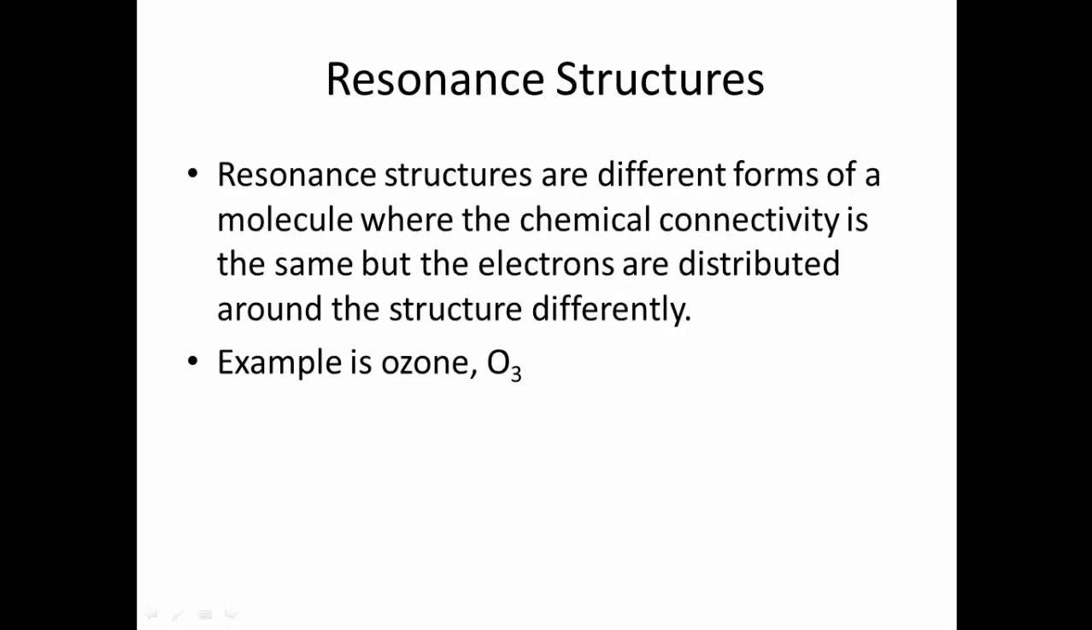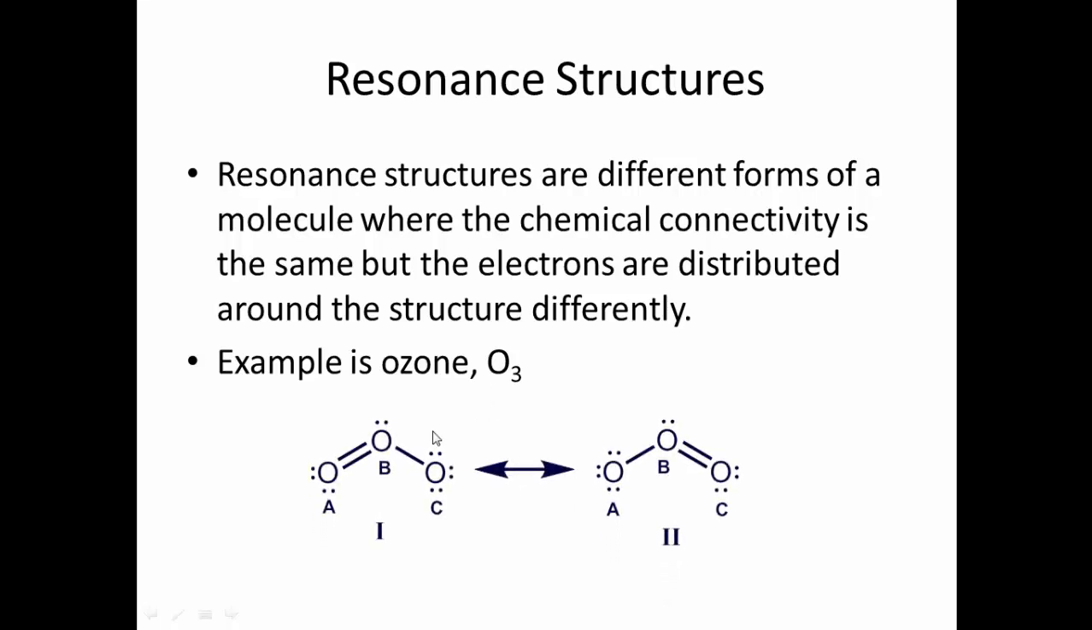An important aspect of Lewis dot structures are resonance structures. Resonance structures are simply different forms of a molecule where the chemical connectivity is the same, but the electrons are distributed around the structure differently. An example is ozone. So ozone is O3, and this is the Lewis dot structure for ozone, and it has